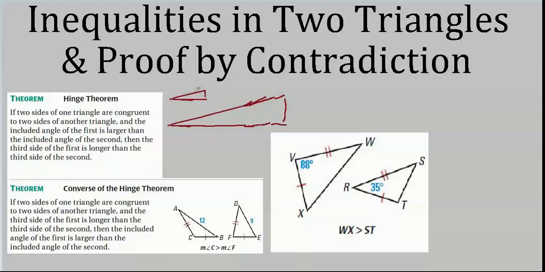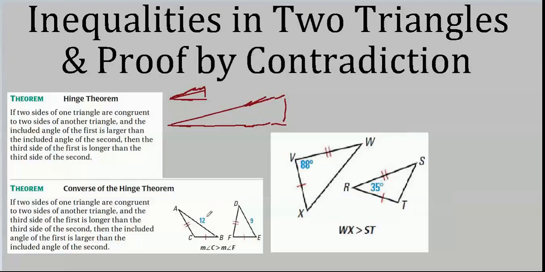So even if this was a little bit larger, you could draw the angle out here, and now this angle is larger than this angle, but this side is still shorter than this side. That's because these two sides are not congruent. See, the whole crux of this theorem is that, like I said in the first place, other things being equal, other things in this case being the two sides of the angle. If these two sides are congruent to these two sides, now we could make a statement about the included angle and the opposite side. Namely, the larger the included angle, the larger the opposite side, and the converse, of course,